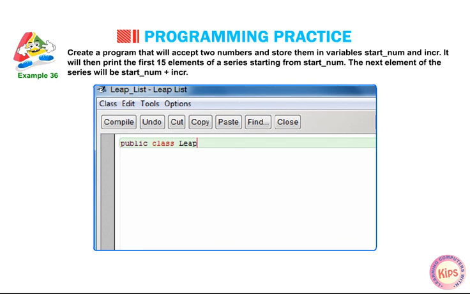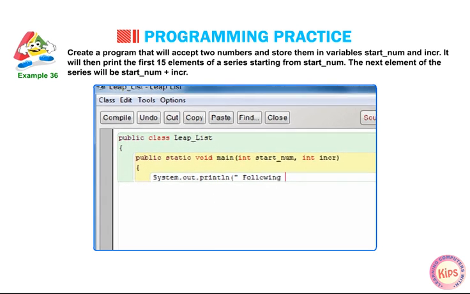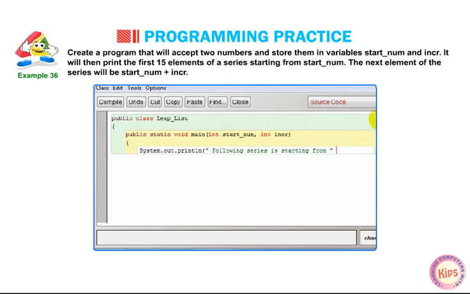public class leap_list { public static void main(int start_number, int increase) { System.out.println("Following series is starting from " + start_number + " and increasing its value by " + increase + " every time.");